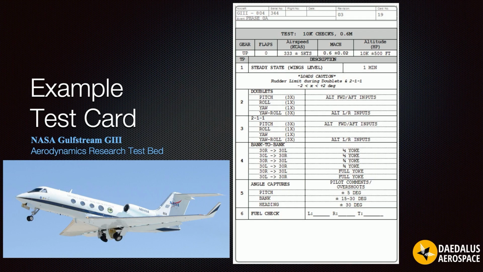Our third exhibit in this gallery of test cards was published in the NASA Aerospace Engineering Handbook, Chapter 2 on Flight Test Engineering by Kate Pavlock. This card is for the NASA Gulfstream G3 Aerodynamics Research Test Bed shown in the lower left. The test card shows the style of a test point maneuver block, which lists the test points but without detailed